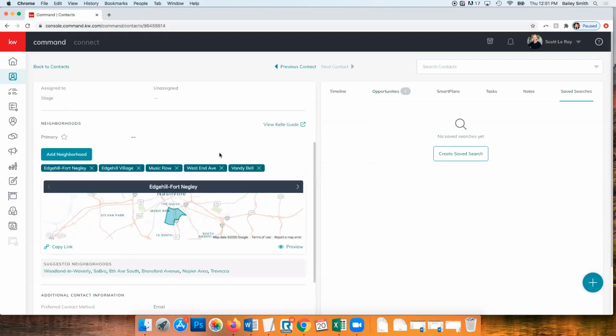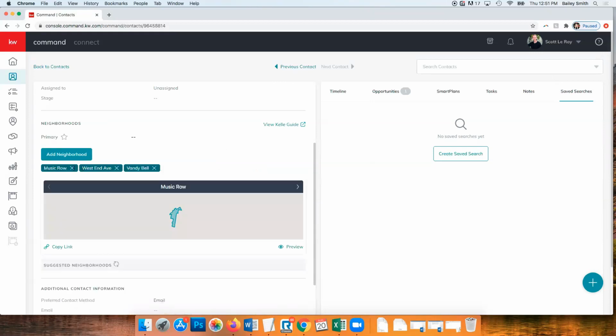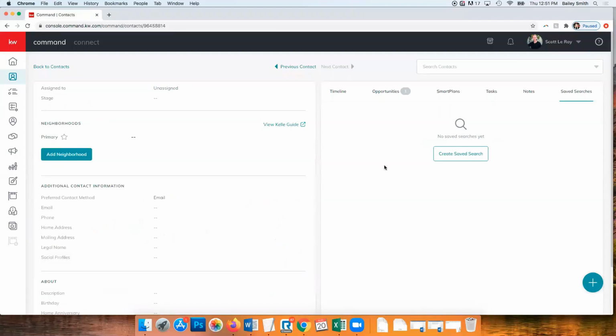Now, the last thing I want to point out is this neighborhood section. And let me go ahead and clear this out so we can just see it fresh. So here we have the opportunity to create a neighborhood landing page for this contact. So let's say this contact is a buyer and they are interested in a few different neighborhoods in their area or whatever area they're looking to move to. We can set up these awesome neighborhood landing pages. So to do that, you would need to come into the individual contact,